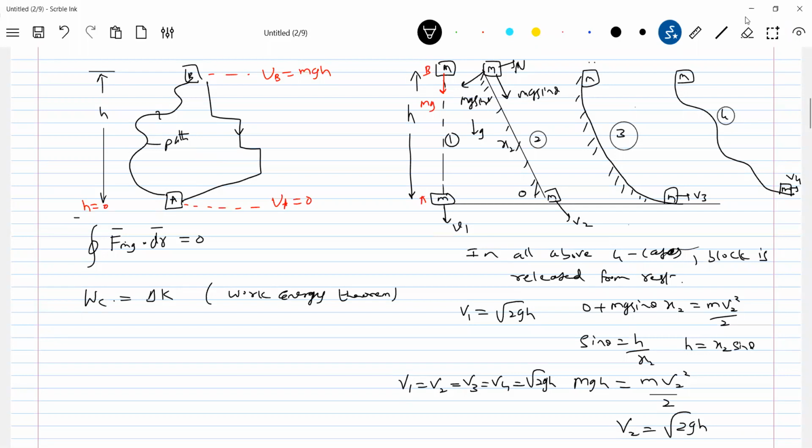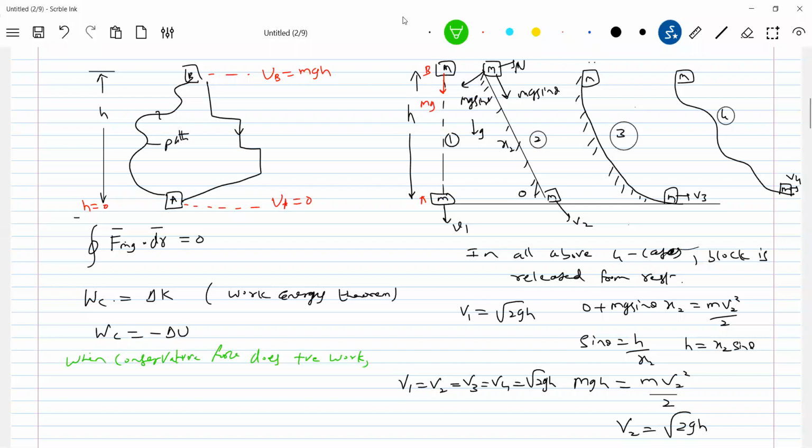So work done by a conservative force is equal to minus delta U. A good example is this particular diagram itself, what you are seeing. What is the meaning of this? When a conservative force